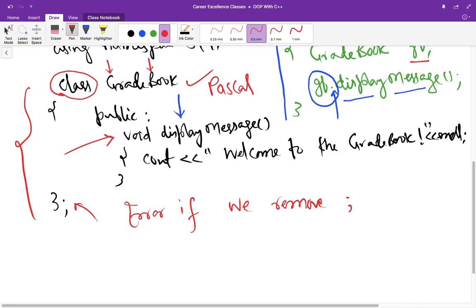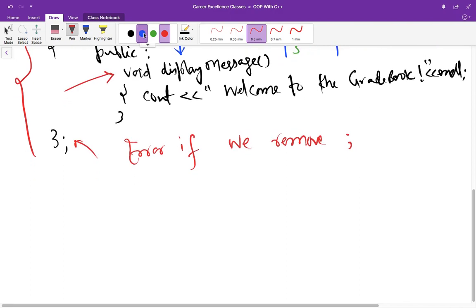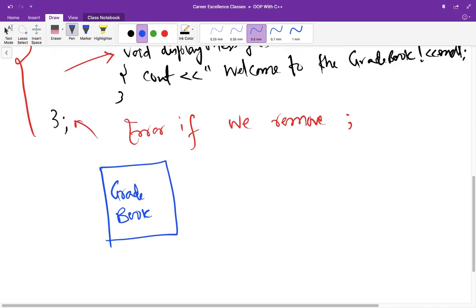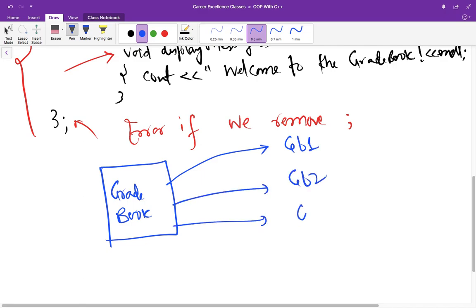So let us understand it diagrammatically. If you have a class like this, GradeBook, there are some data members and member functions defined with it. You can create multiple objects of a class, so it could be gb1, gb2, gb3 and so on up to gbn, right?